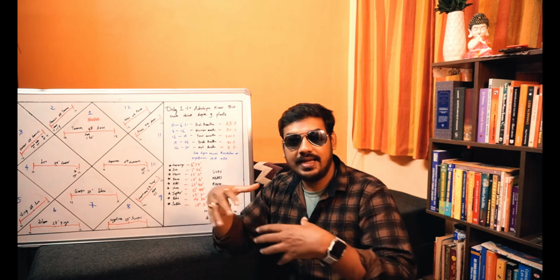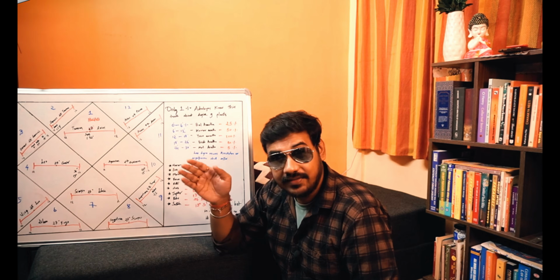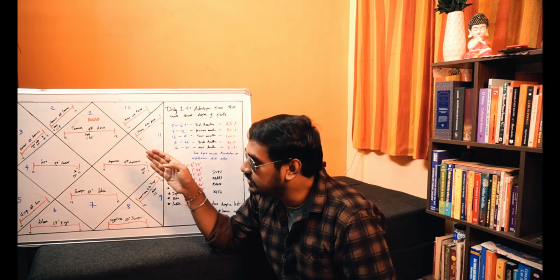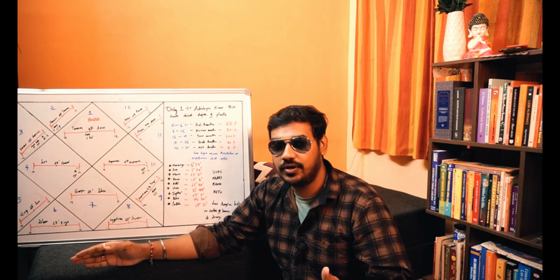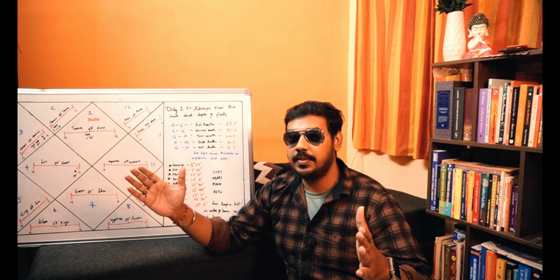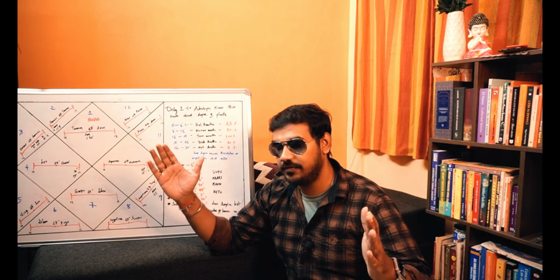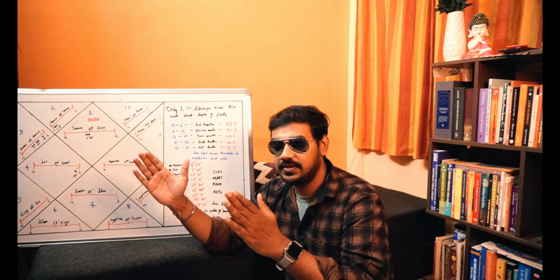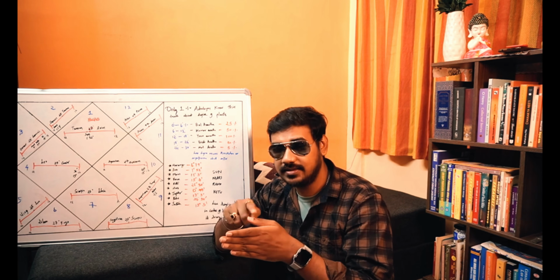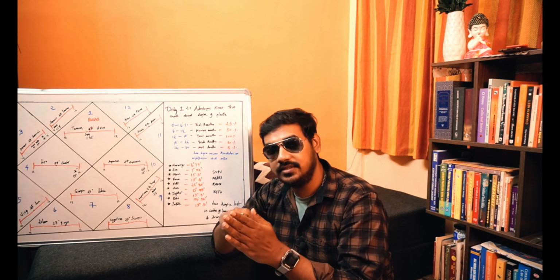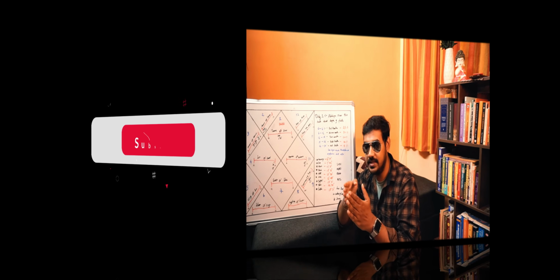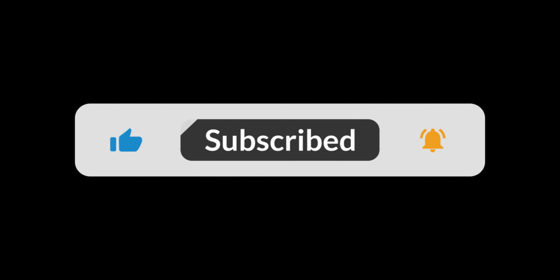But what I am saying is that 27 degrees of Gemini is the center point of the third house. 12 degrees of Gemini is the starting point of the third house, and 12 degrees of Cancer is the end point of the third house. So the third house spans from 12 degrees of Gemini to 12 degrees of Cancer, and 27 degrees of Gemini is the center point. Whereas Mars is at 0 degrees 44 minutes of Cancer. So Mars, even though it is at 0 degrees, gives very strong results in this horoscope because it is exactly at the center of the third bhava.